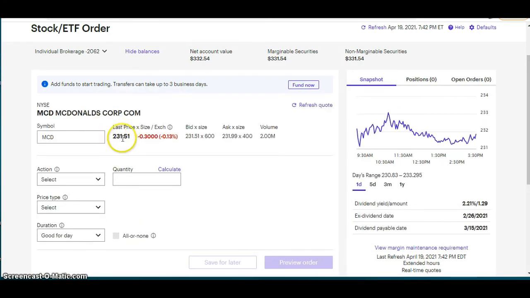It'll tell you what the last price is of it. So the last price was $231.51. And let's say that you wanted to buy one share, you'll click buy. If you want to sell, you click sell. Just for basics, those are the only two you need to know right now. And then the quantity. So I'm going to buy one at $231. You can use a calculator to help you determine how much you can buy with the money you have as well. So if I type in 1 here,